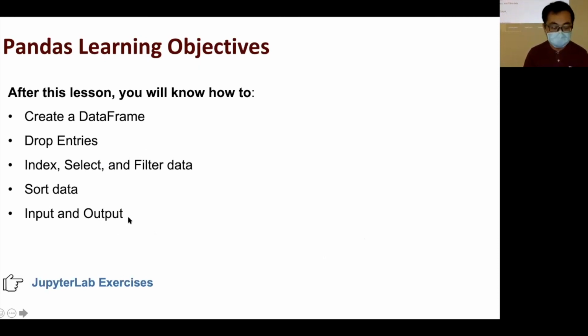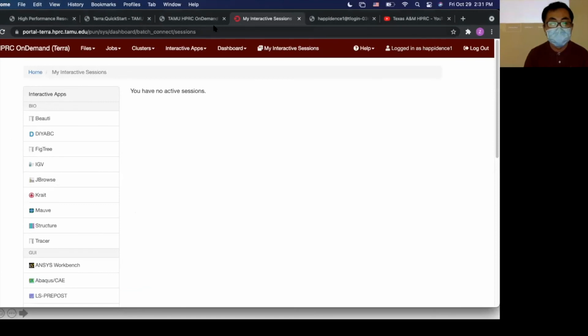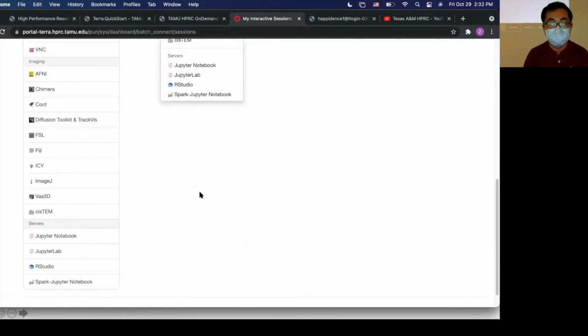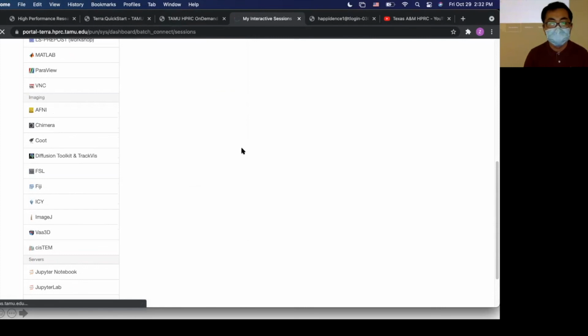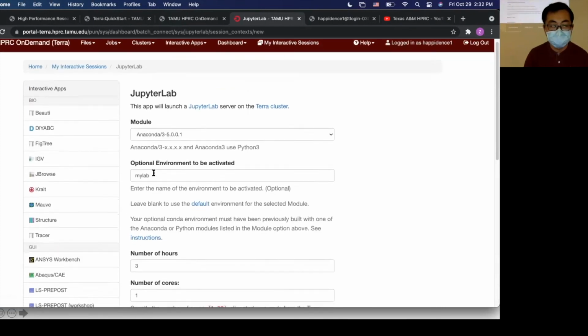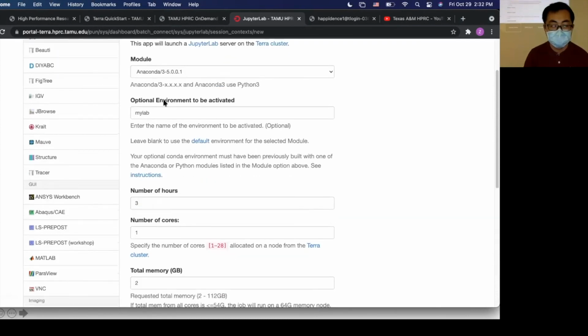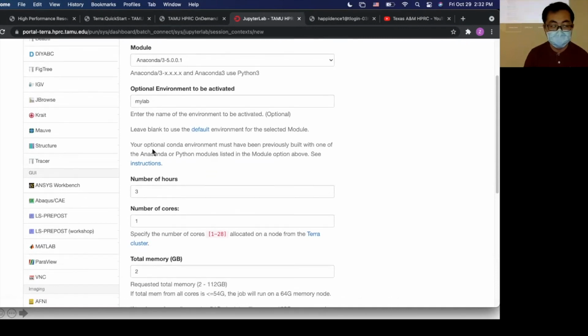Let's go to the JupyterLab exercises. Let me first start my JupyterLab. This is our module and optional environment, the virtual environment we just created.